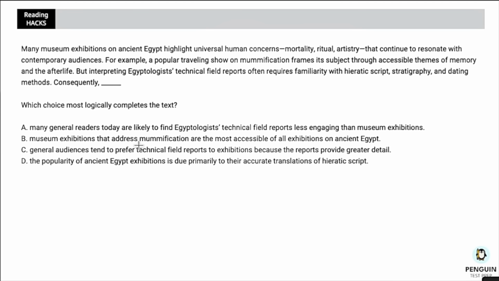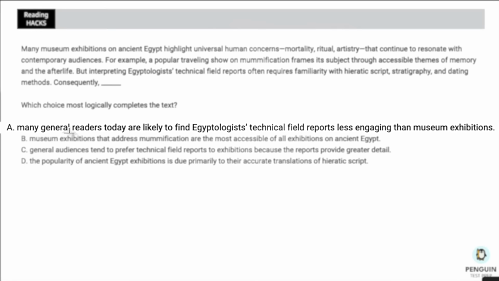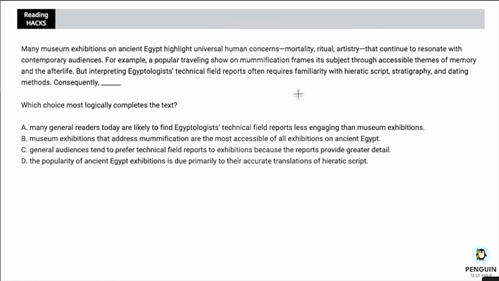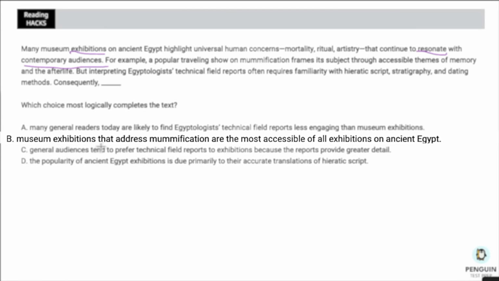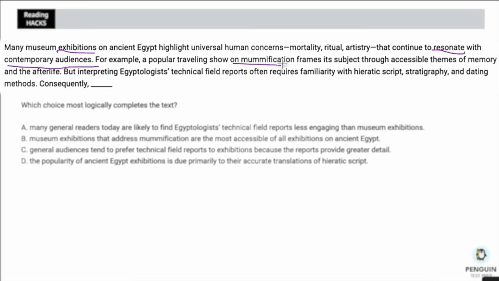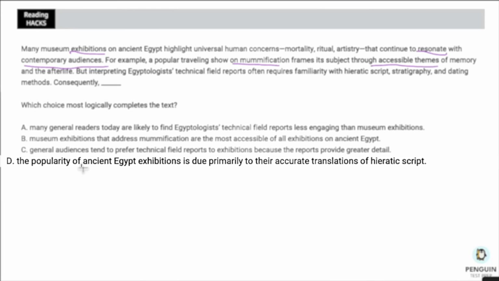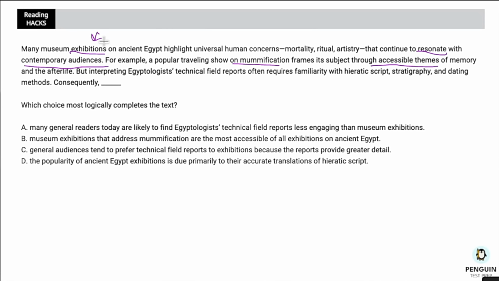If I read this and started going through the answers, I might try to make them work, right? So choice A, general readers are likely to find technical field reports less engaging than museum exhibitions. Might say, maybe, because I do see that exhibitions resonate with contemporary audiences. B, museum exhibitions that address mummification are the most accessible. I see the mummification, accessible themes. So that would actually work too. And D is also talking about the popularity of ancient Egypt exhibitions, which again, we see up here,